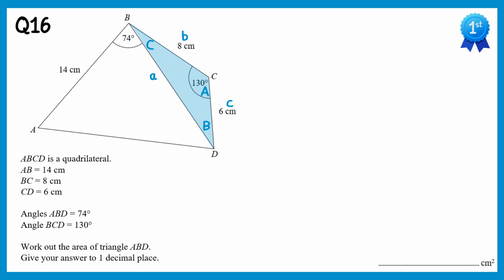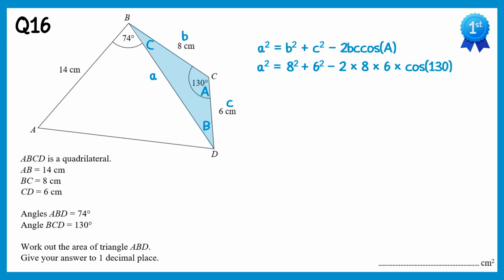Then we can use the cosine rule, so a squared equals b squared plus c squared minus 2bc cos A. So a squared, we don't know, we'll just leave that as a squared. B we do know though, and c we do know, so that's 8 squared plus 6 squared, and minus 2 lots of 8 times 6, and times cos of A, and we've got A as 130, so it's cos of 130. If you type all of the right hand side into your calculator, you find that a squared is equal to this number here,